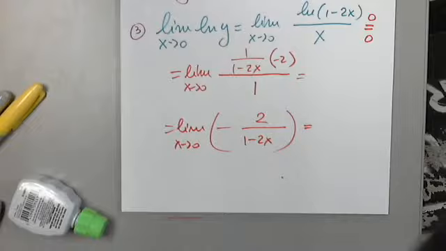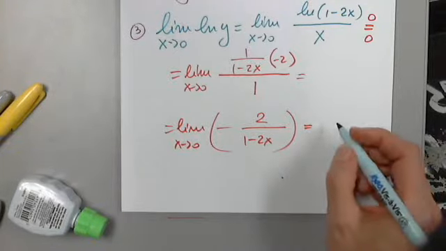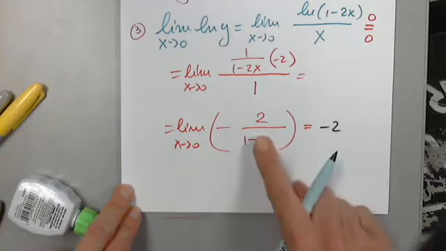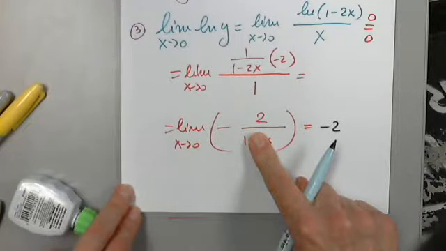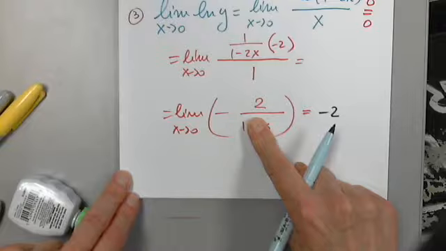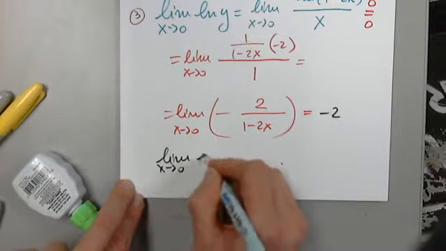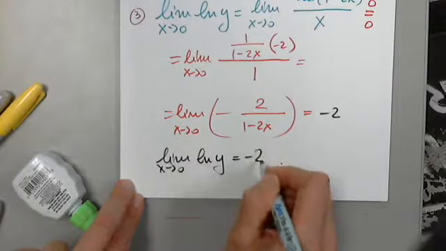I test again, and I hope that it's done. What do I get? When x approaches 0, this approaches -2. I will copy the beginning and the end. Are we in agreement with -2? Because this disappears, it's 2 over 1 with minus in front. Agreed? Okay then, so I copy limit as x approaches 0 of natural log y equals -2.